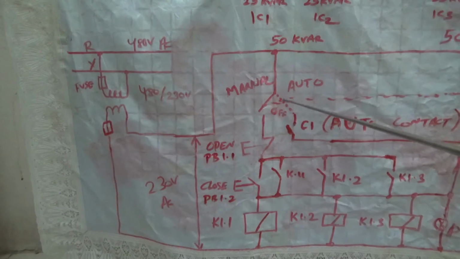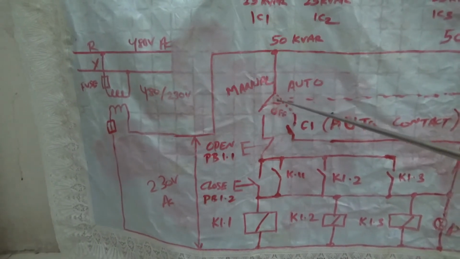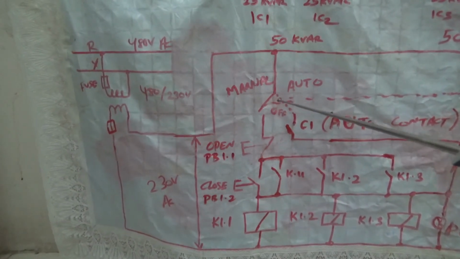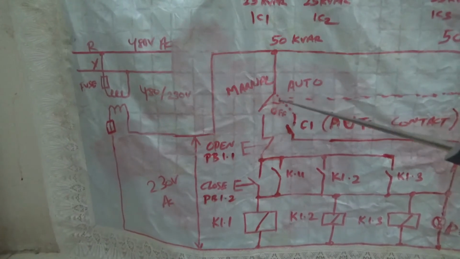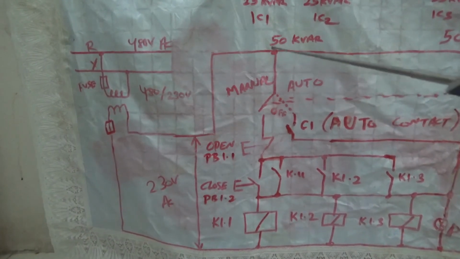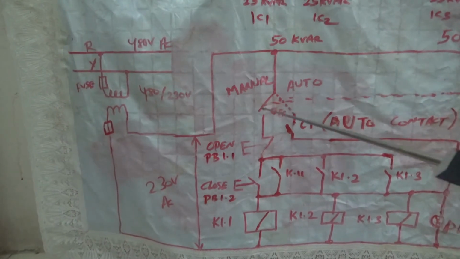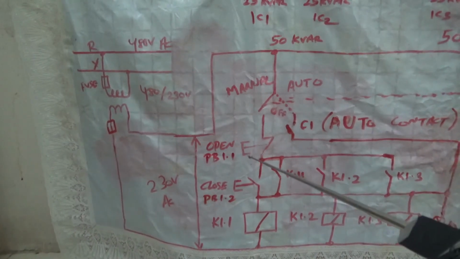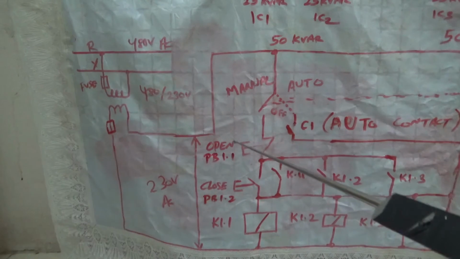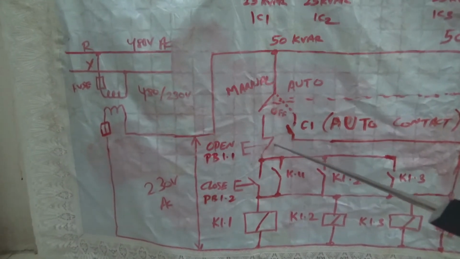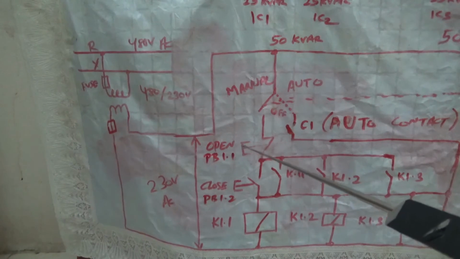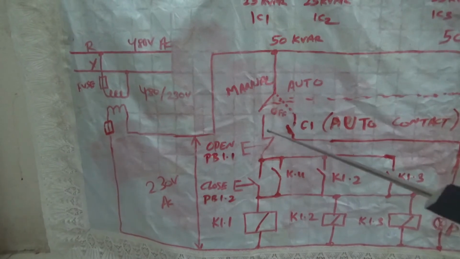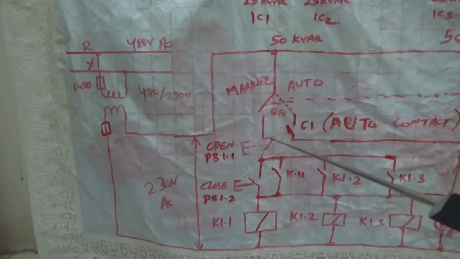Now we will go for manual mode. The switch can be either in auto or in manual mode, not both at a time. So in manual mode, when you turn to the left, the power supply will come from the control bus to the manual contact. Then here there is one push button. This is a normally closed push button. Normally closed means when you press this button, only then it will break the circuit. Otherwise, in the normal condition, it always remains closed. That's why it is called normally closed or NC contact.